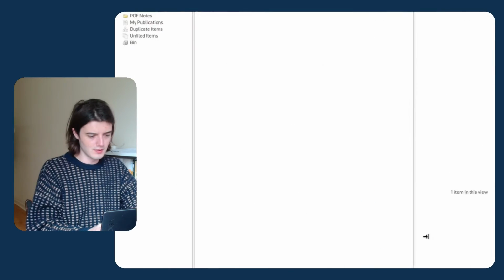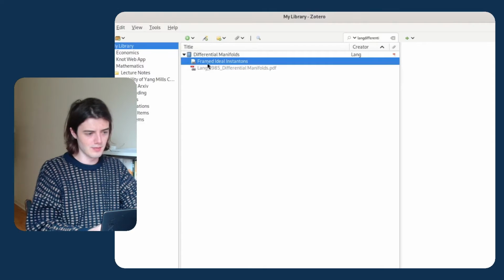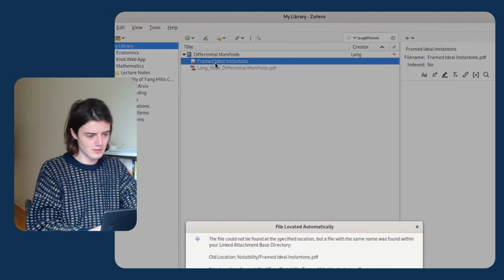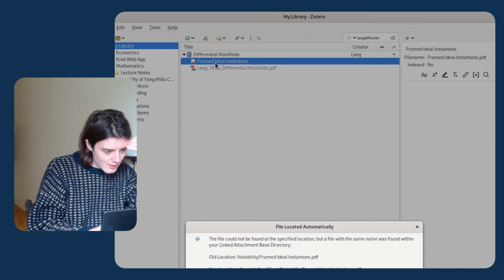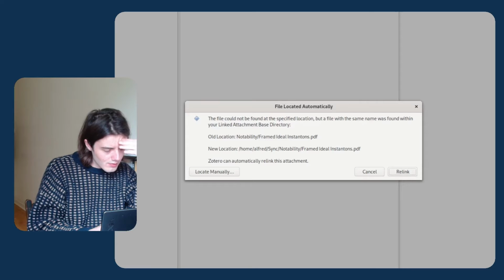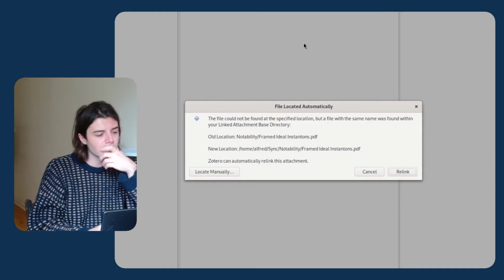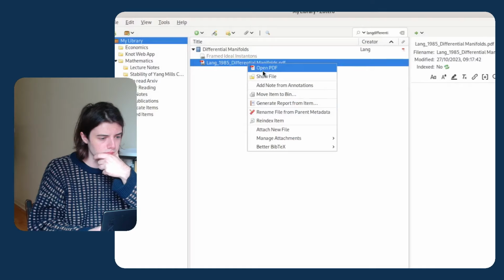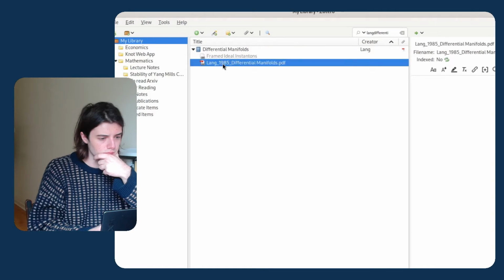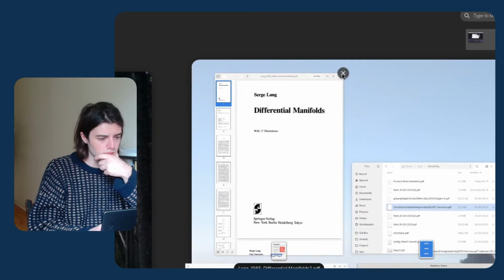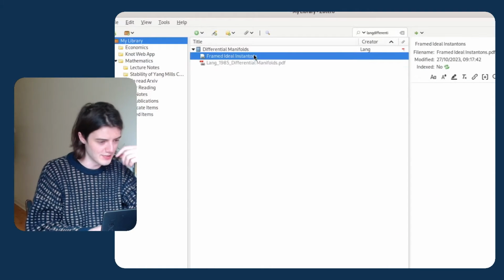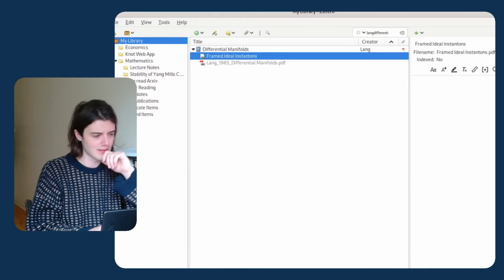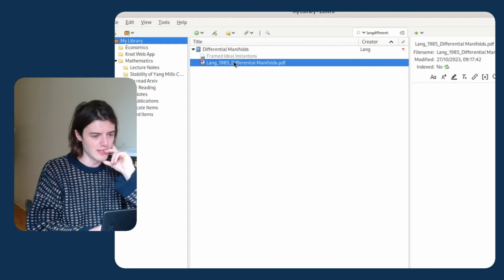So now if we go to Zotero, there should be this framed ideal instantons thing. Okay, so I've uploaded the file, but I seem to have got the path wrong. So maybe